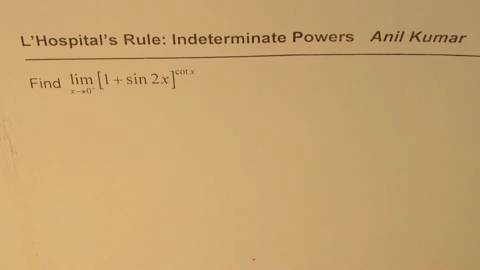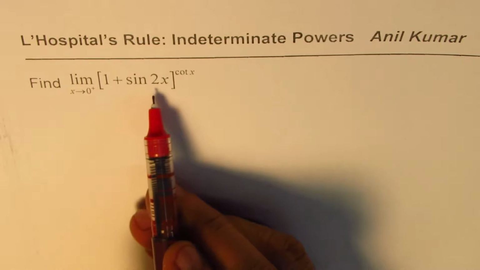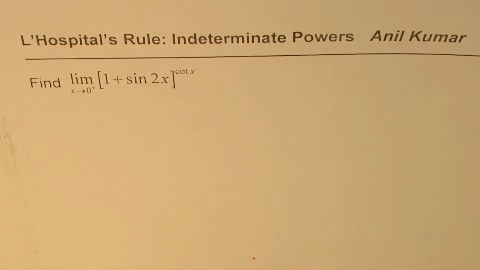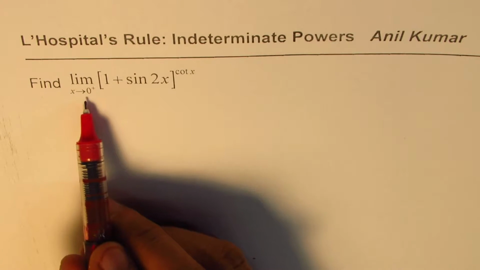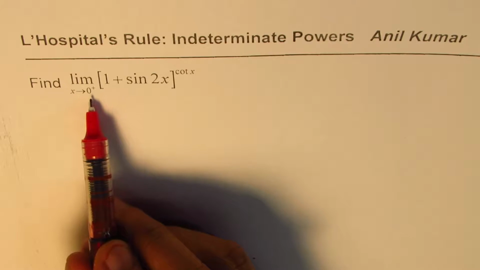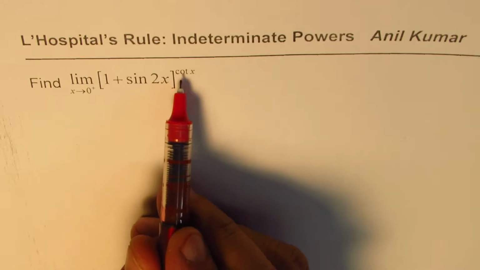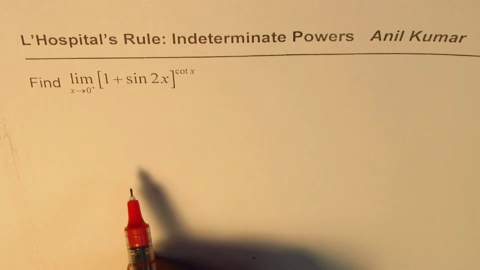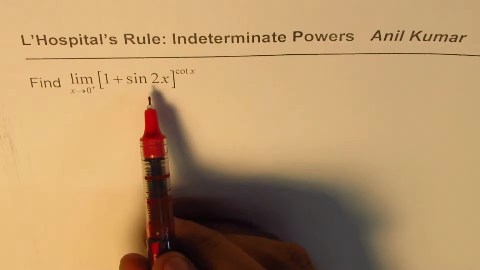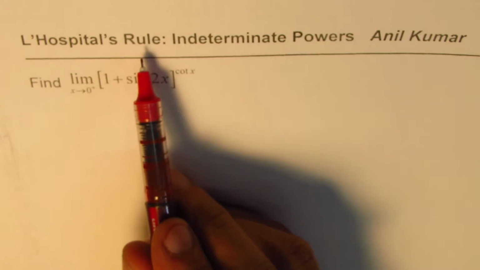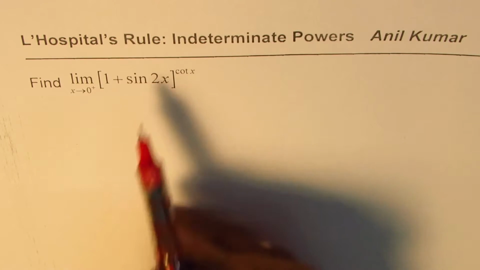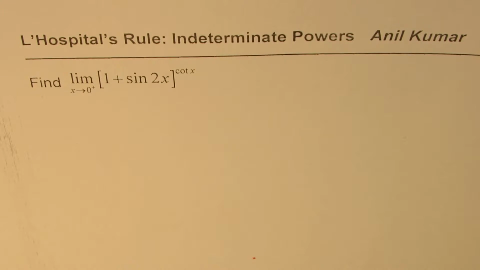We are trying to find the limit of a trigonometric function with a trigonometric exponent. The question is: the limit as x approaches 0 from the right side of (1 plus sine 2x) to the power of cot x. Now first, before applying L'Hopital's rule, we should check if this is an indeterminate form or